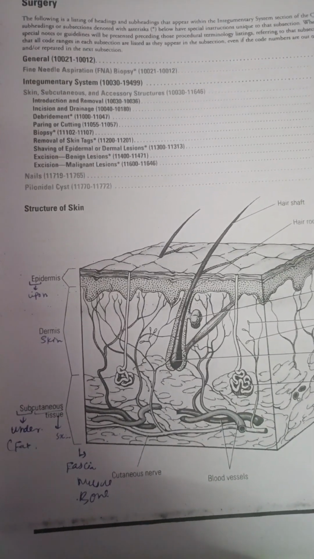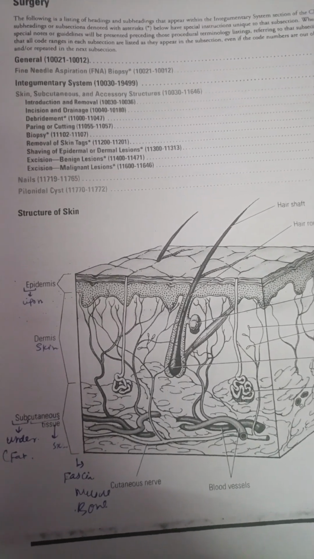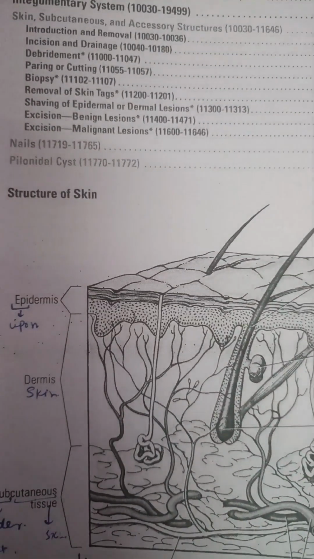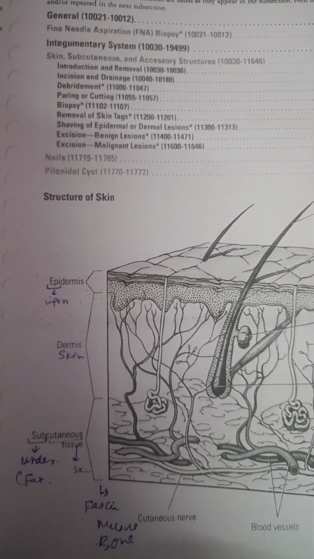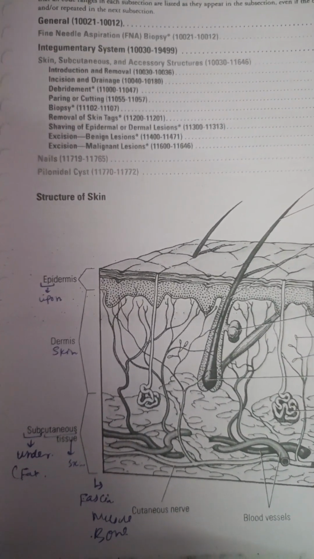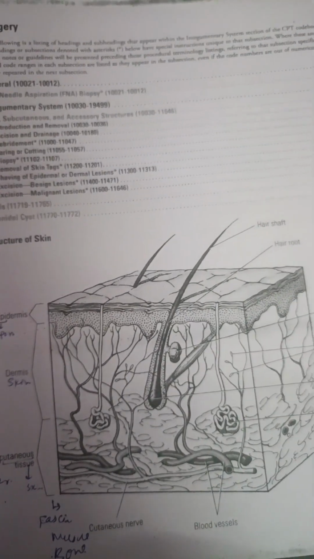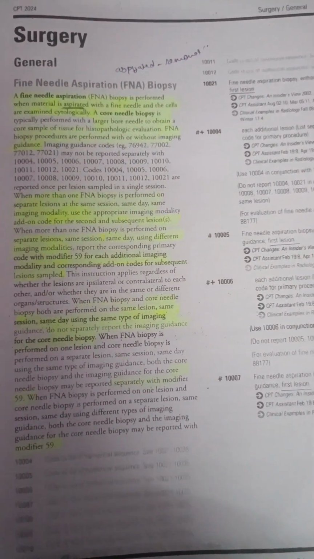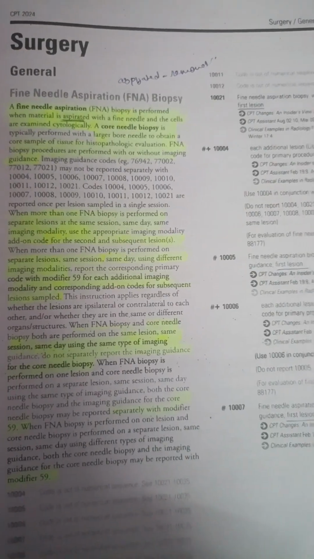epidermis, dermis and subcutaneous. Epidermis is an outer layer, dermis is the middle layer as you can see there, and dermis is the true skin, and the third layer, that is an inner layer which is under the skin, that is a subcutaneous tissue. Okay, now आज हम लोग कुछ टॉपिक्स देखेंगे, जैसे कि फाइन निडल एस्पिरेशन बायोप्सी। ओके, इसमें